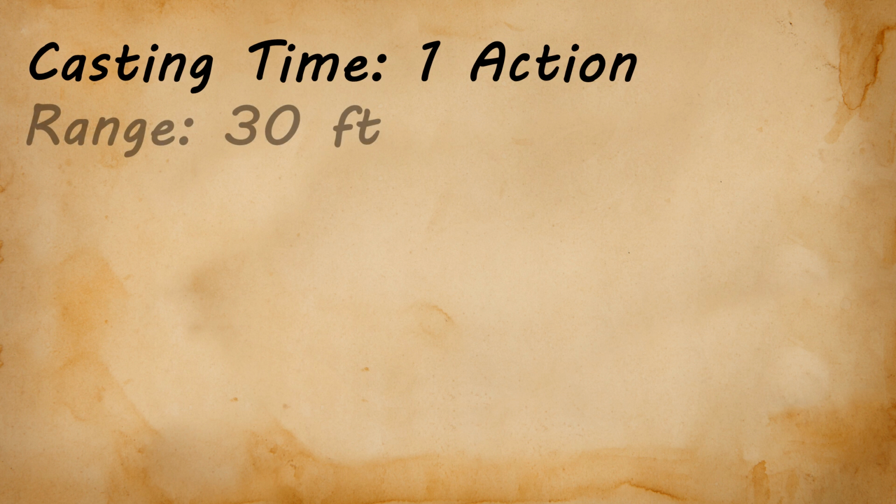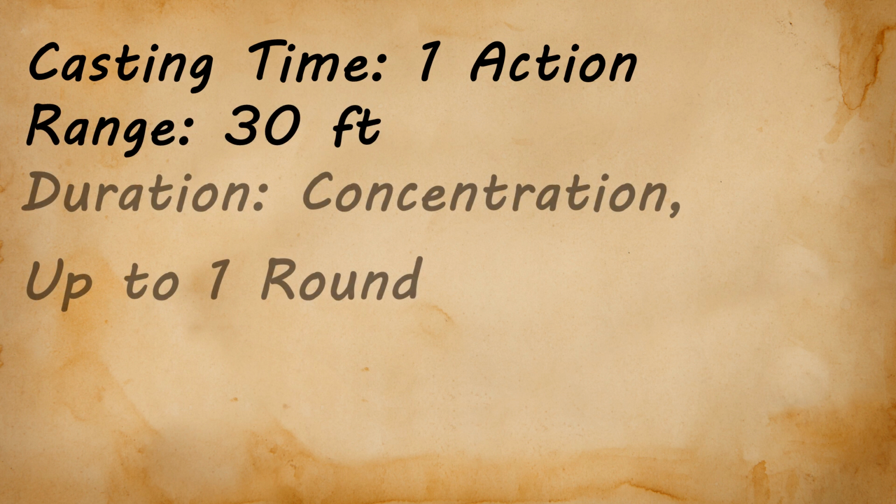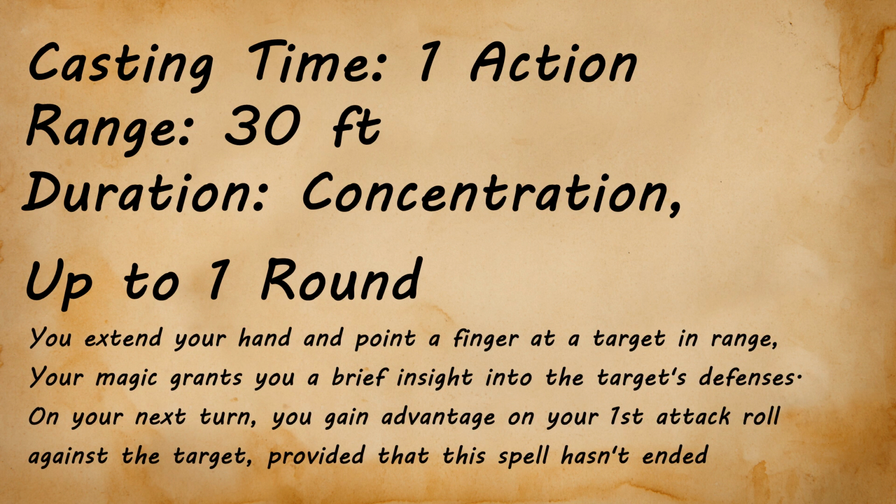For those of you unfamiliar, True Strike is a divination cantrip with a casting time of 1 action, a range of 30 feet, and the duration of 1 round with concentration. The spell reads, you extend your hand and point a finger at a target in range. Your magic grants you a brief insight into the target's defenses. On your next turn, you gain advantage on your first attack roll against the target, provided that this spell hasn't